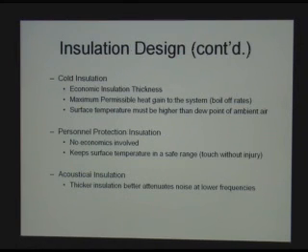Cold insulation is the same as economic factor. Quite often there is a maximum permissible heat gain to the system. If more heat gets into the system and you're insulating refrigerant systems, the boil-off increases, which is not desired. And